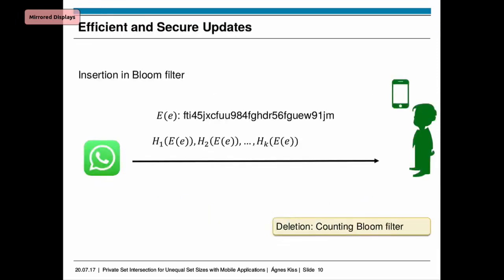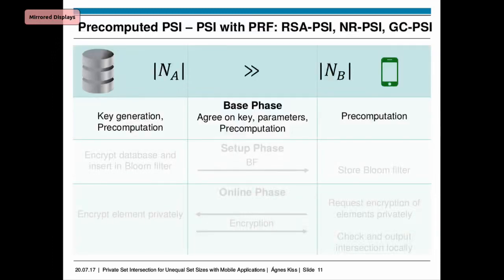Okay, and we can also do updates in this Bloom filter by either sending the encryption of the element or the positions that need to be updated. It depends on the parameters which is the more efficient solution. So depending on our scenario, how big our set is and so on, we need to see which of those is the more efficient, and we need to do the updates depending on that. And if we want to allow for deletion, we need to use counting Bloom filters. The only difference is that we have small counters instead of bits in the array, and then we can decrease these counters if an element needs to be deleted.